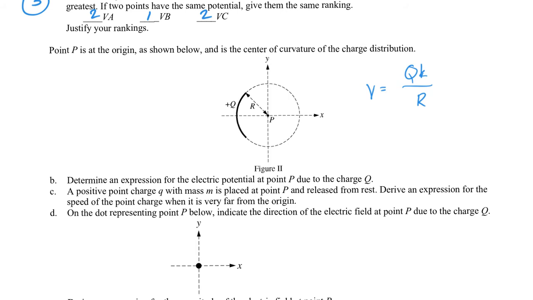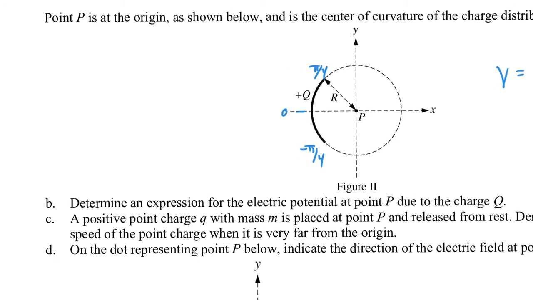We could remember that this is a quarter circle. So a quarter circle has an arc length of pi over 2 r. So if we consider this to be 0, this is negative pi over 4, and this is pi over 4. So we could do a sum of the potential, adding up each small point's contribution to the potential at point P. I would probably do this